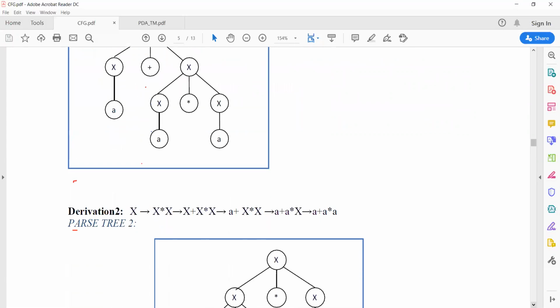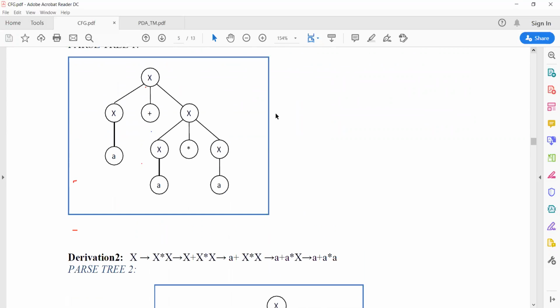For that purpose, you need to derive two types of parse tree. One is a left derivation, and the other is a right derivation. So if both parse trees give the same string, then definitely this type of grammar is ambiguous.